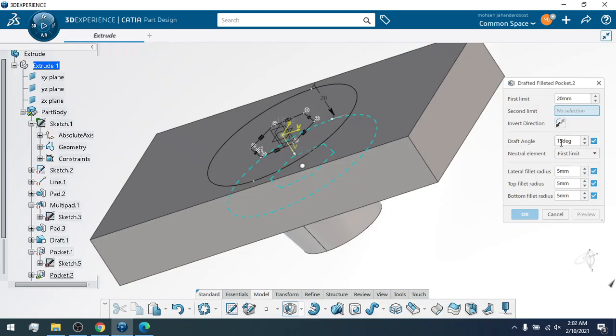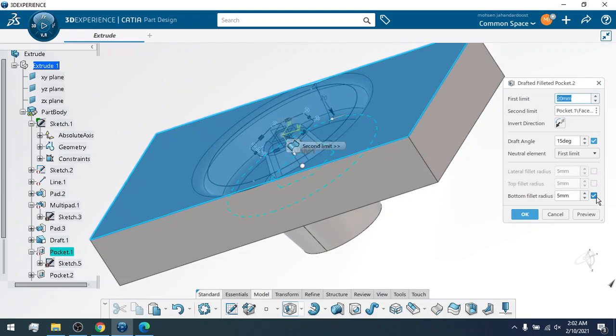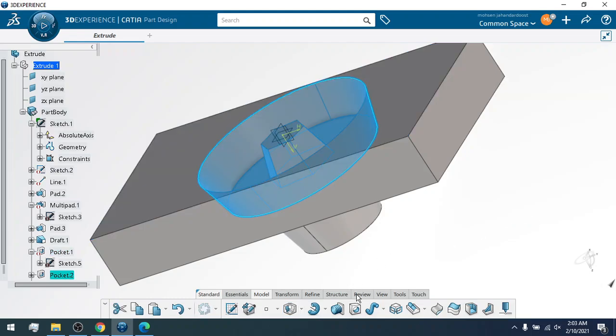And then I have my degree, so let me say I have the 15 degree. I select my second limit, so this is my second limit in the top. And now let me first click all of these lines. So now you can see that I put the 15 degree, but it starts from my first limit. So the first limit is at the bottom of this 20 millimeter, and then you can see that I have 15 degree cut outward. So if I put OK here and show you on the cut view,